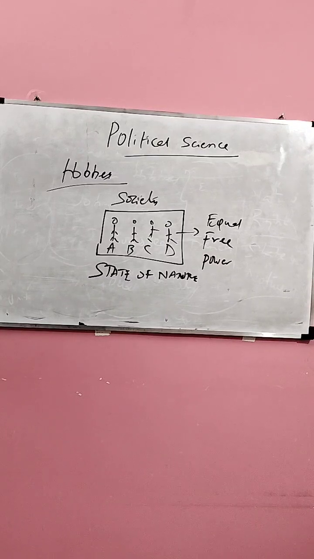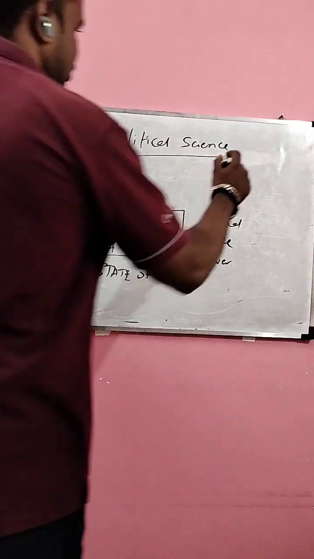Got it? In simple terms, Hobbes was seeing these individuals as selfish creatures who may not hesitate to use violence against others to achieve their interests. So Hobbes was having a rather negative understanding of human beings. He was seeing human beings as negative. He thought that they were not capable of living peacefully with each other. In the state of nature, there is always danger. So he tells that in the state of nature, life is short,